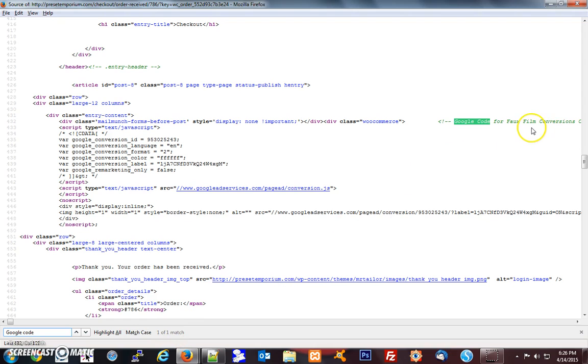So it has the correct code, and it's in the correct place. It actually isn't supposed to be in the header. It's supposed to be between the body tags. In weird cases where you're doing